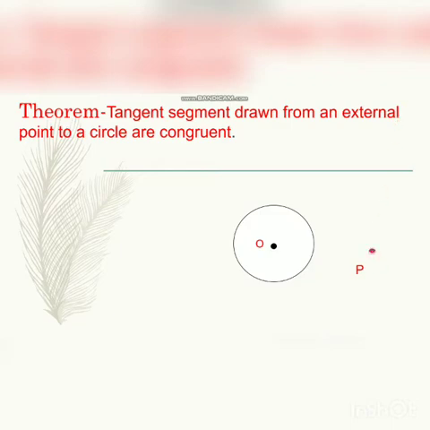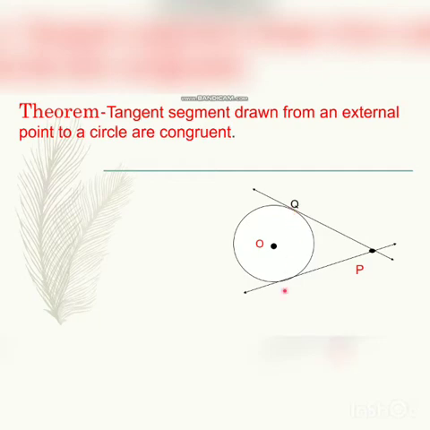Then draw a tangent in this way. First tangent, then second tangent in this way. Two tangents are drawn. Okay, so then our next part is given. Now both tangents touch the circle at these points.